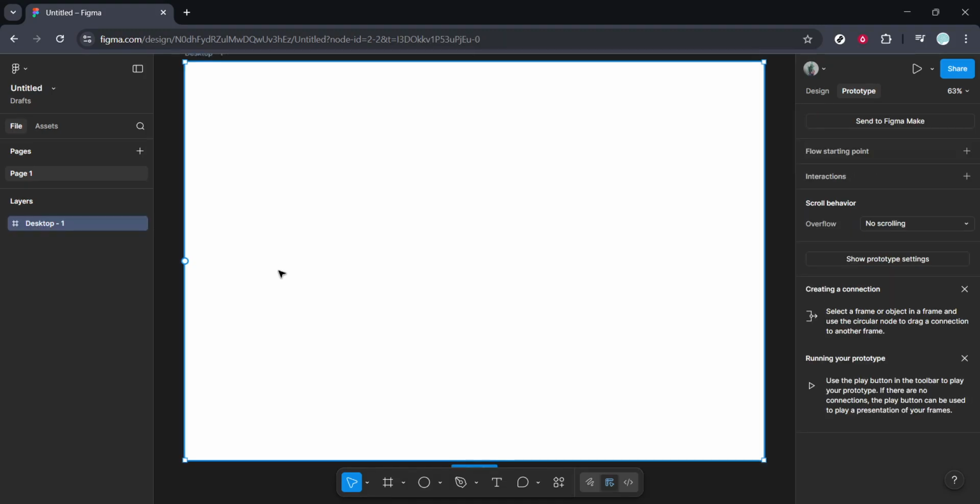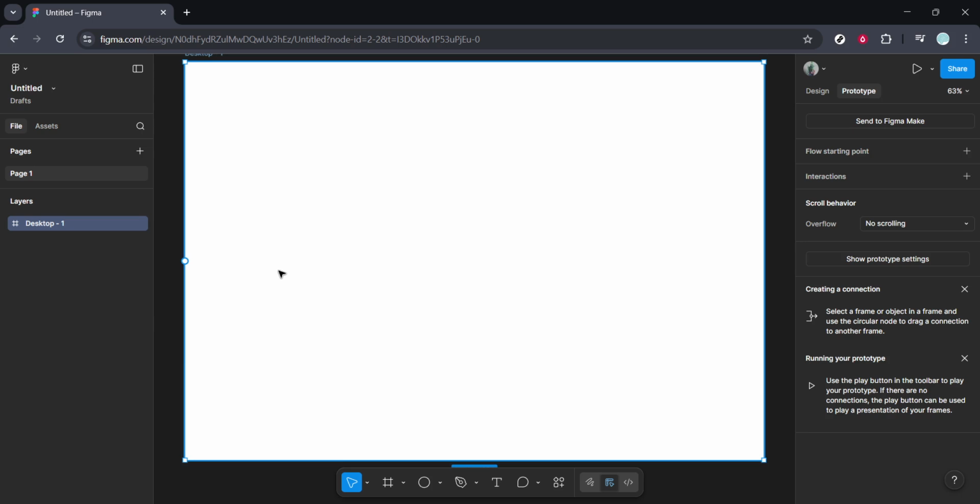In today's video, I'm going to teach you how to create blob background in Figma. Creating organic, flowing blob shapes can add a really modern and soft touch to your designs, perfect for website hero sections, app backgrounds, or social media graphics. It's a surprisingly simple process in Figma, and by the end of this tutorial, you'll be able to craft your